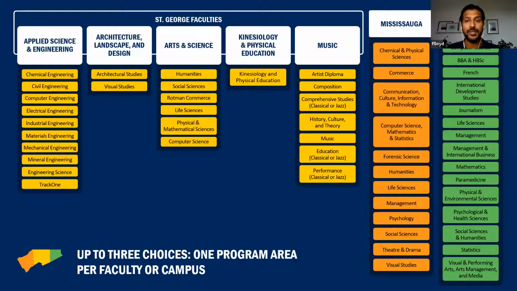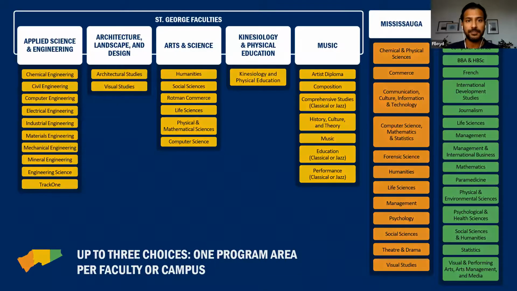So this means you would still receive only one offer for that application, but you have multiple choices within those fields. Typically, it's the programs that are a little more competitive. So it gives students an extra choice at U of T. Again, you're not getting multiple offers for that. So let's say it's computer science that you're applying to and you did not get into it, you would potentially receive an alternate to one of the other fields that you might be interested in within the Faculty of Arts and Science.